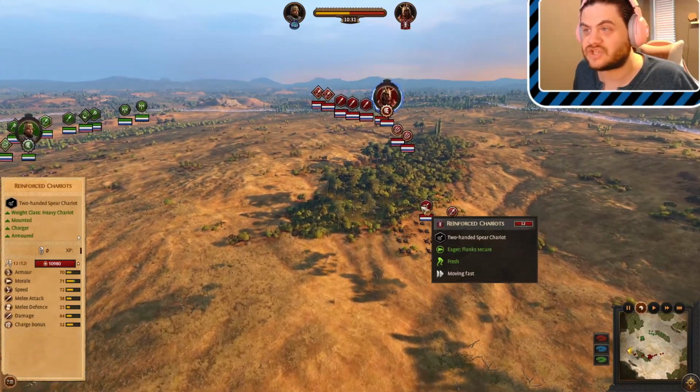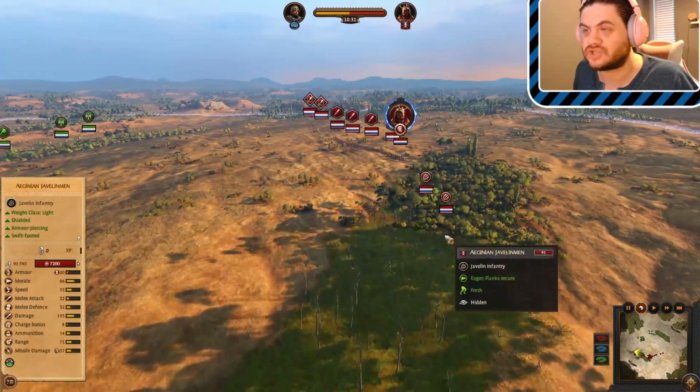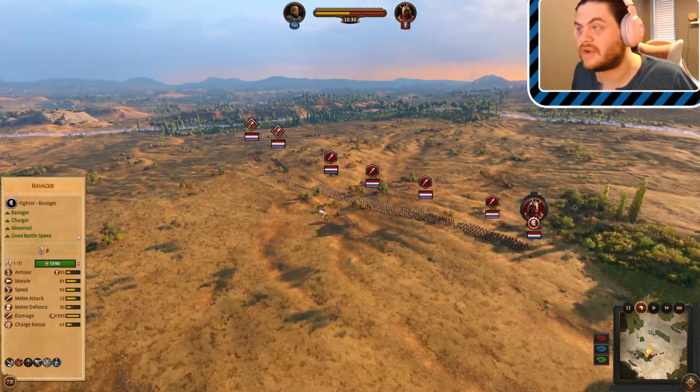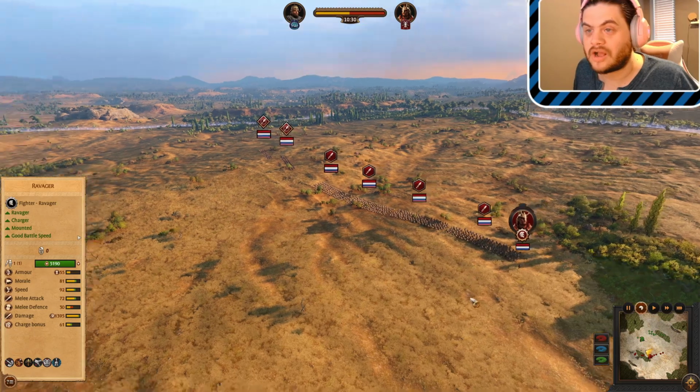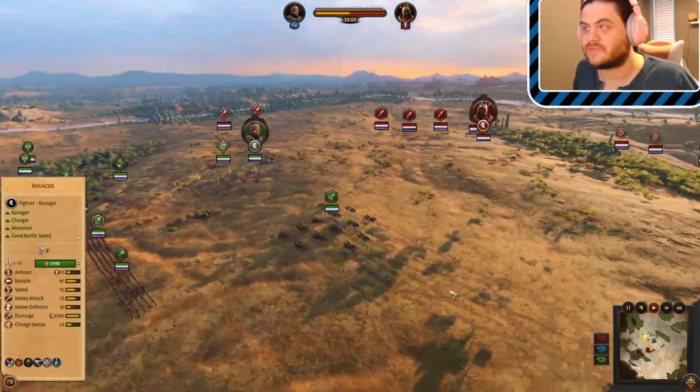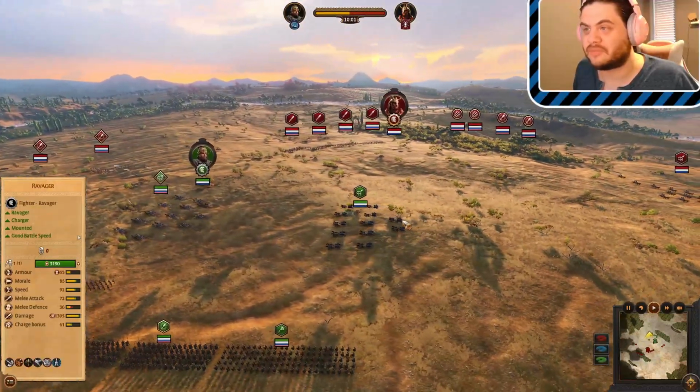So we do have a pair of Aeginean runners, 1 reinforced chariot, 2 Aeginean javelin men hiding in the tree line, a pair of spear-fighting myrmidons, and 4 heavy swordsmen. Let's get into it. Now, in the opening stage of the battle, we're seeing a very Napoleonic maneuver here from